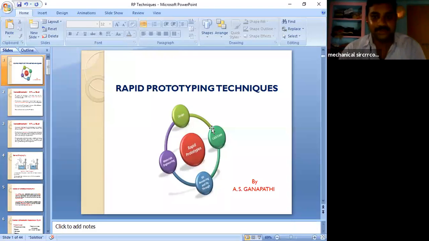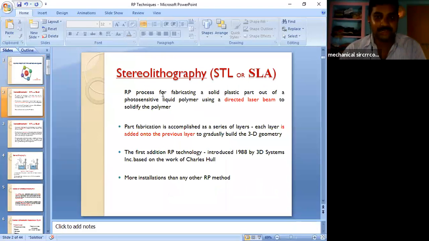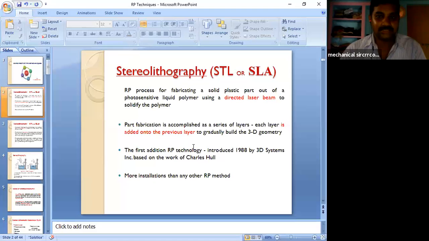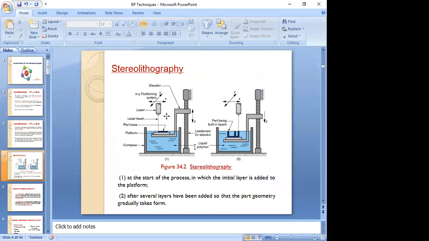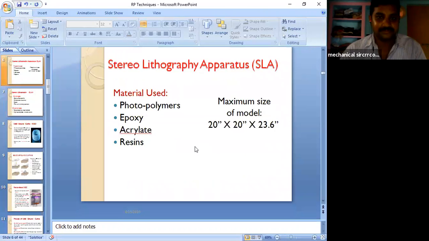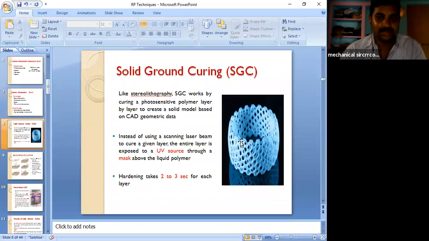Rapid prototyping techniques. The first one is the liquid based rapid prototyping technique, stereolithography, in which we have used a laser beam. What is the second rapid prototyping technique? Liquid based solid ground curing. In this technique, what kind of source did we provide?